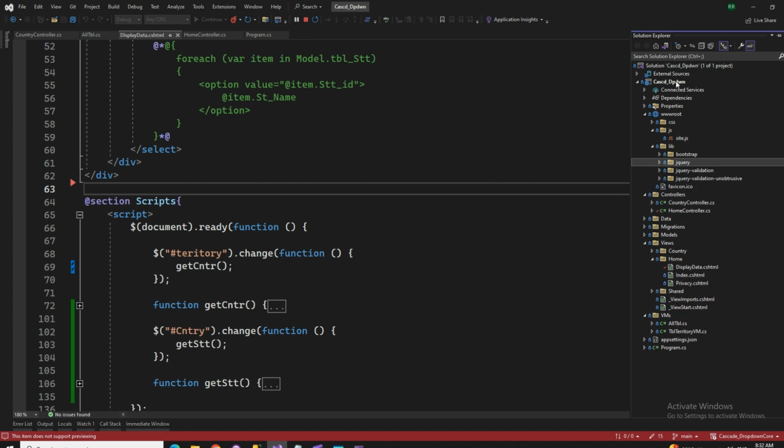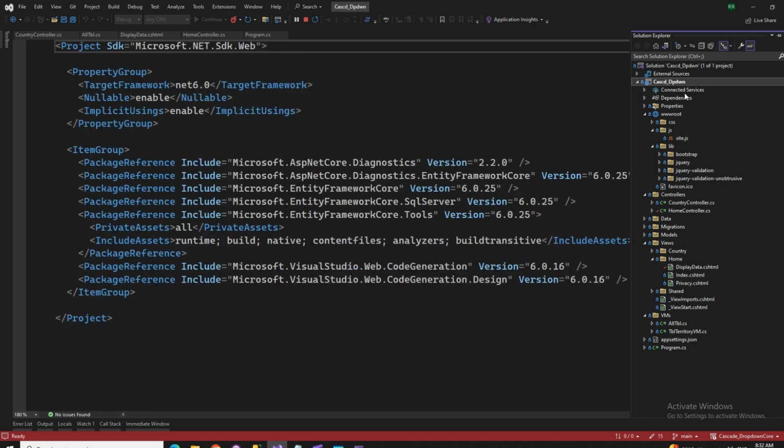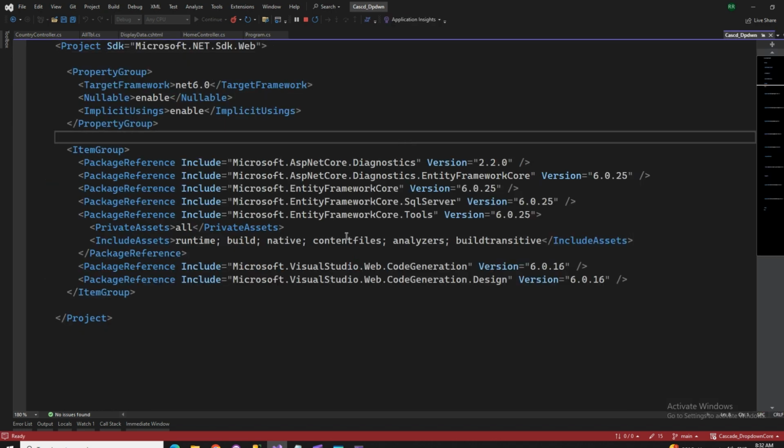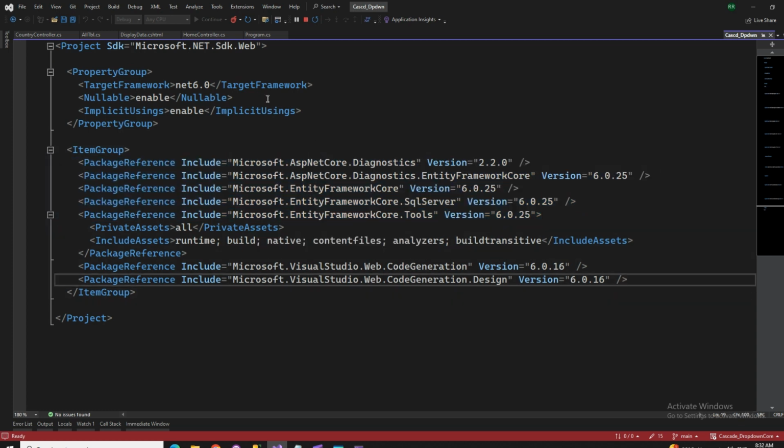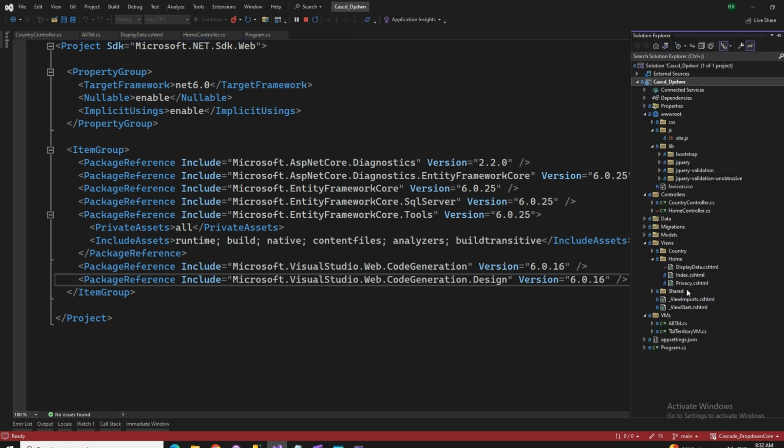And then if you want to have a look at what NuGet packages I require for building an application like this, these are the list of NuGet packages that you want to have in order to run your program. And this is using a DB context. So this is using LINQ. So application DB context